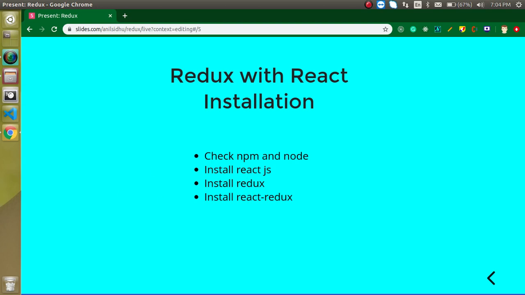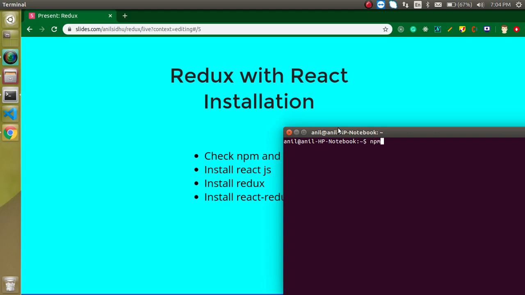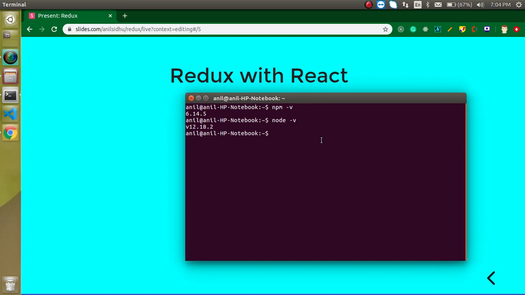So now let's open the terminal first of all and check whether npm and node are installed or not, right? So just write here npm -v and you can get the version of npm. Let's do a similar thing with node, and node is also installed. If they are not installed, you should install them first, because we cannot continue without npm and node